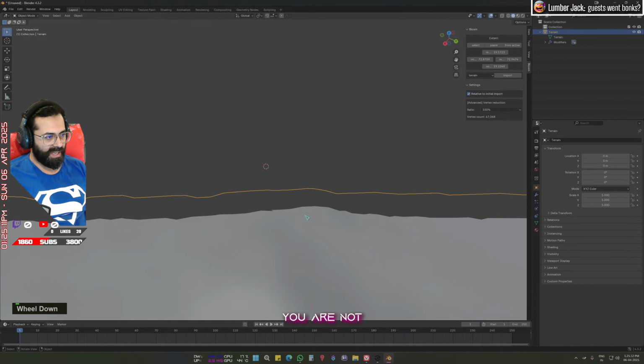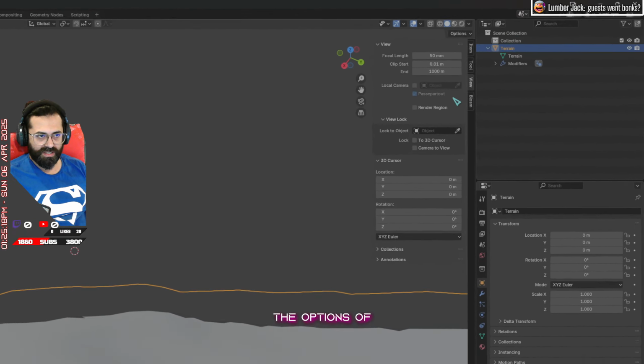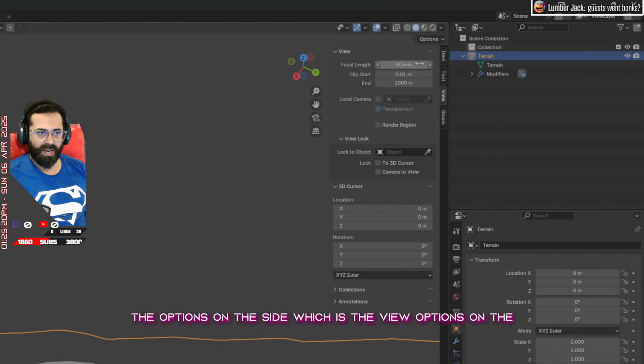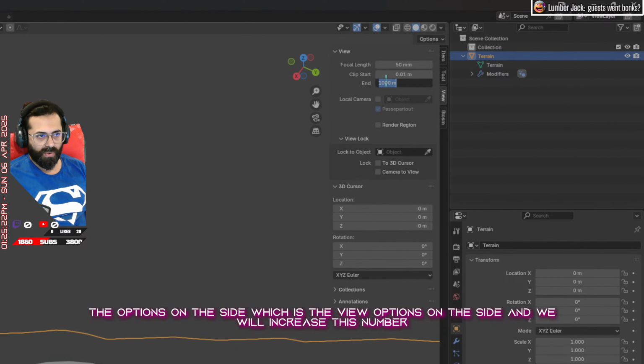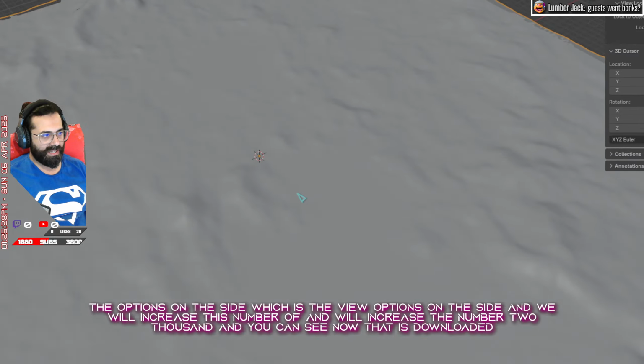Basically, you're not seeing beyond a point of the terrain. So how do you fix that? We'll go to View, which is the view options on the side, and then we will increase this number of end. So we will increase the number to about 10,000, and then you can see now that it's downloaded the entire terrain map